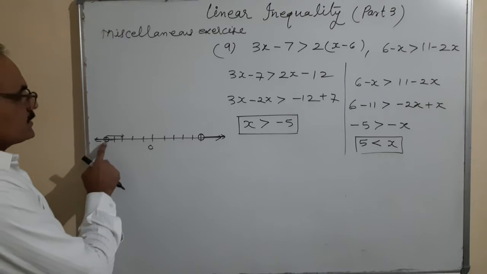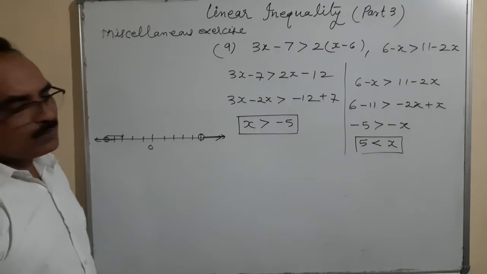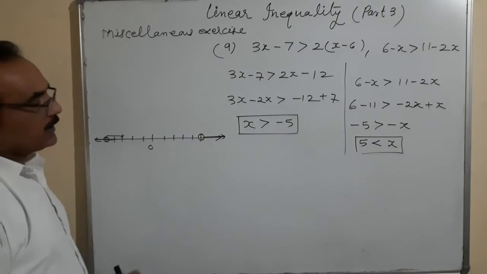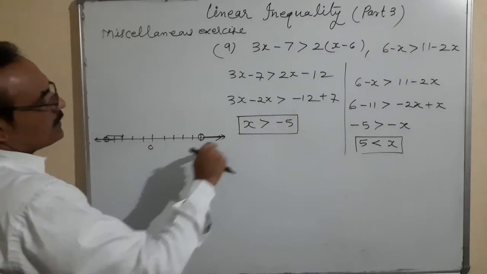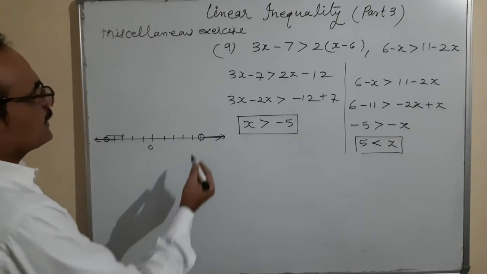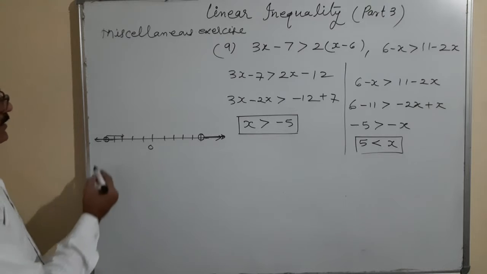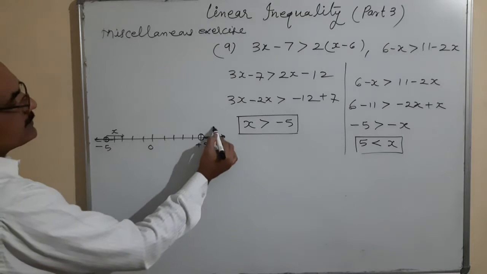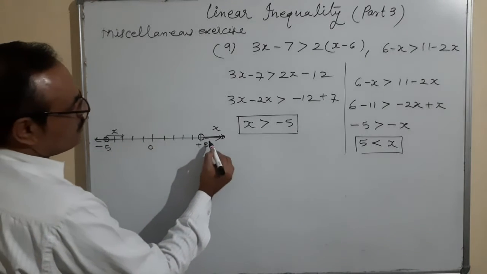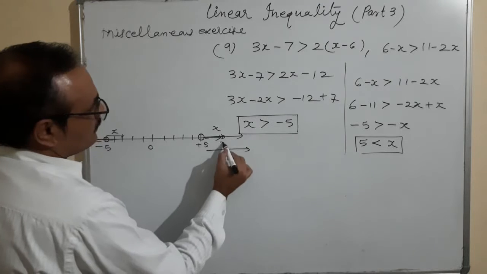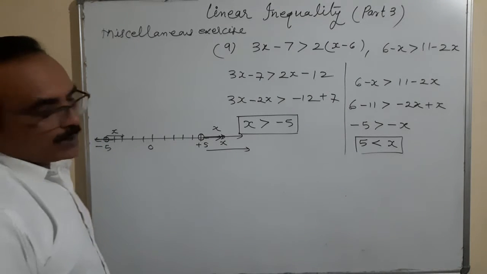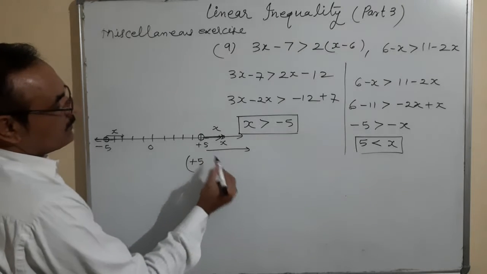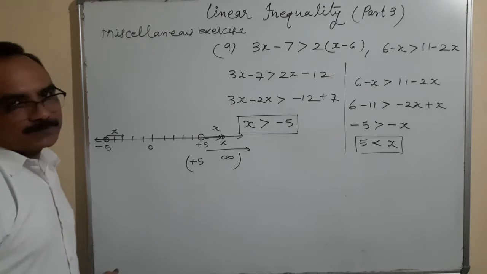So the common portion, when you represent on the number line, what would be the common portion? Common portion is 5 to infinity. Because this is going up to here. So the common portion is 5 to infinity. By the way, the representation is this. Minus 5 and that is plus 5. Range x. So the common range from here, plus 5 to infinity. So plus 5 is open, and infinity is also open.